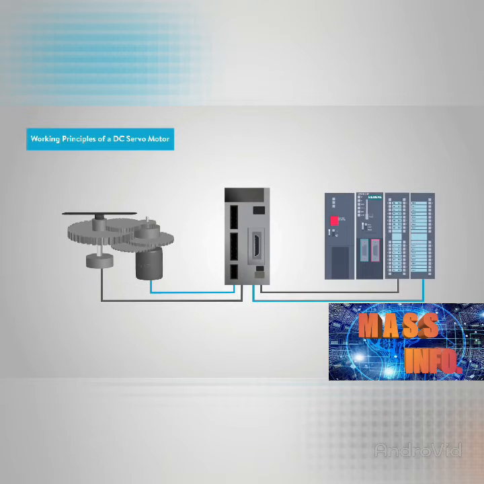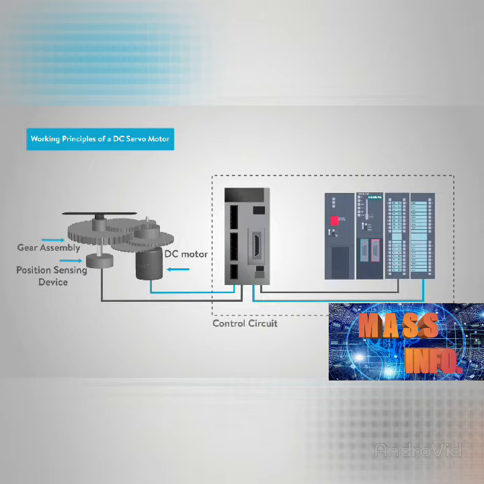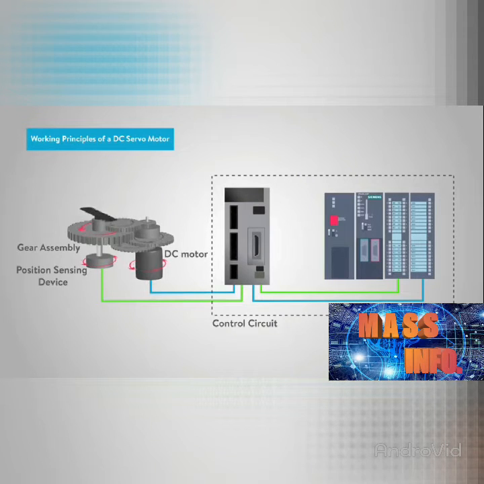The working principles of a DC servo motor are based on the construction of four major components: a DC motor, a position sensing device, a gear assembly, and control circuit. The desired speed of the DC motor is based on the voltage applied. In order to control the motor speed, a potentiometer produces a voltage which is applied as one of the inputs